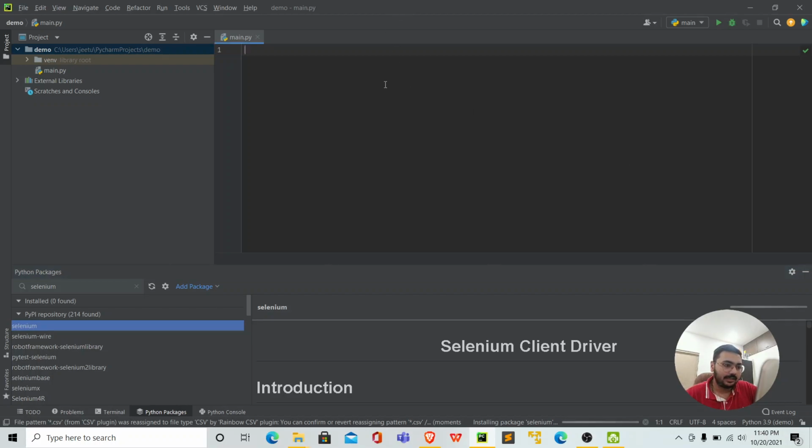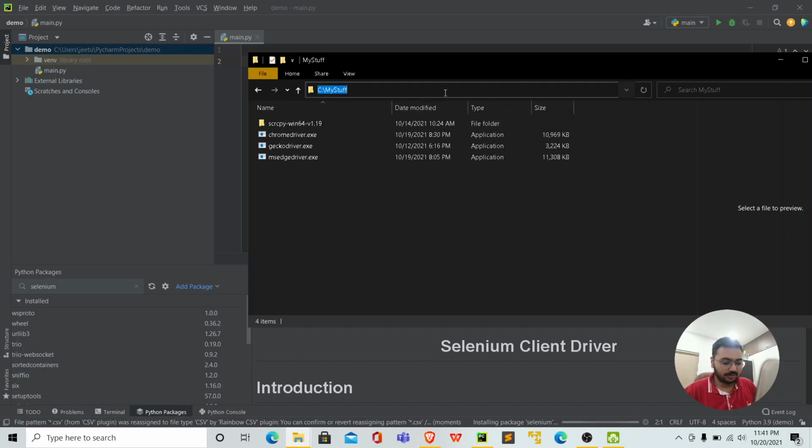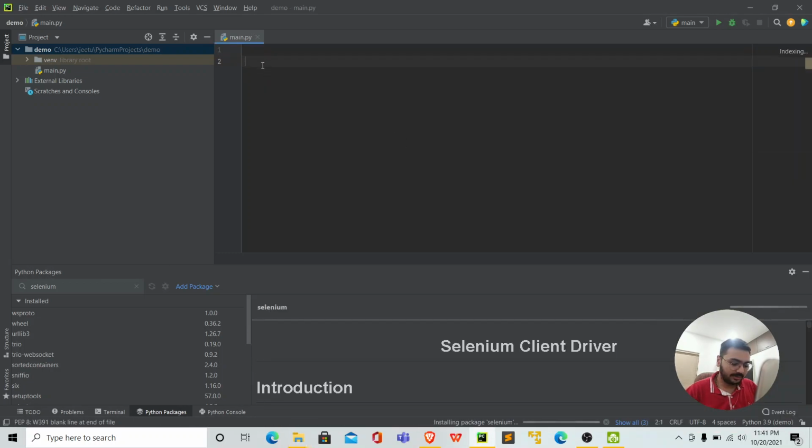And then finally, I'll just write in some code. For example, if you are not setting up this driver, like for me I just made it available from every location. If you don't want to do that, if you have saved a path, you can just copy in this path over here like this. Then you can say driver_path is equal to, then provide the r flag for providing a raw string.